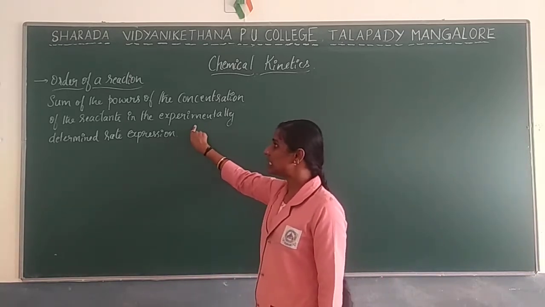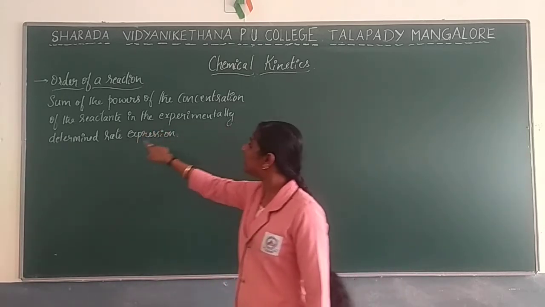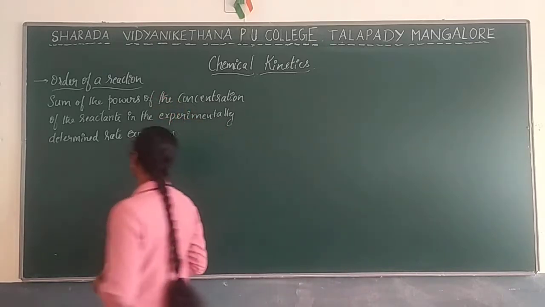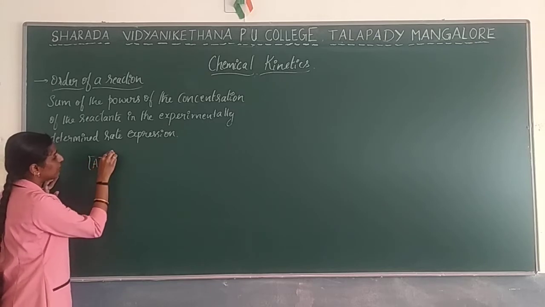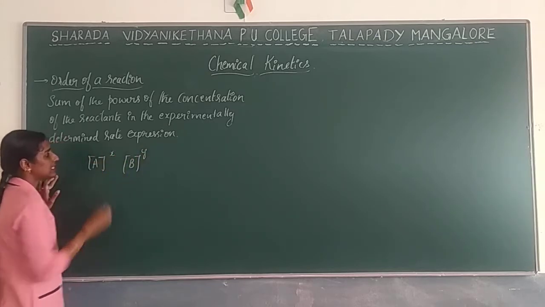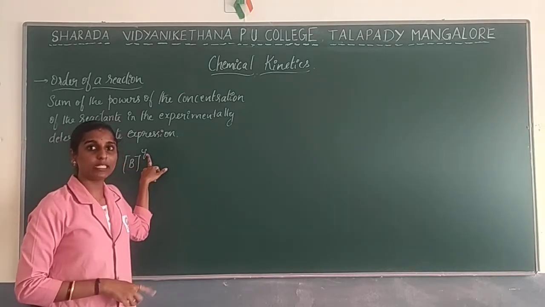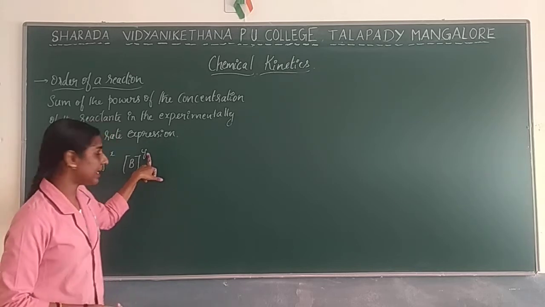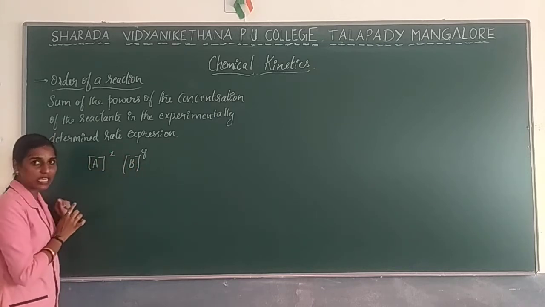Now this goes with your experimentally determined rate expression. In the sense, I want to write order of reaction only for the experimentally determined rate equation, with x as well as y. x and y are nothing but the exponents, which will be determined experimentally. So for the experimentally determined exponents we write x as well as y.